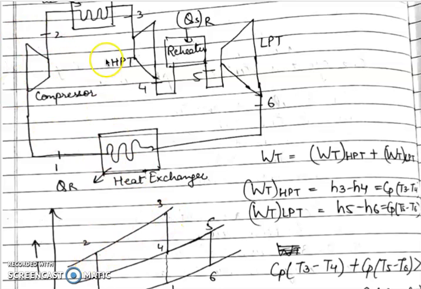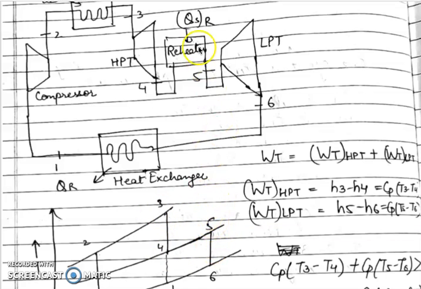From the TS diagram, 1 to 2 is the compression in the compressor, 2 to 3 is the heat added in the heat exchanger, or it may be a combustion chamber in case of an open cycle. Then 3 to 4 is the expansion in the high pressure turbine till some mid pressure P4, and then the air is sent to the reheater, where it is reheated to point 5. The temperature at point 5 may be equal to that at point 3, which is known as perfect reheating, but it may also be above 4 and below 3, as happens in multiple cases.